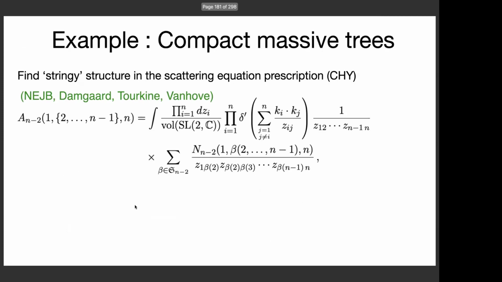An example of where we see this structure quite clearly is in these approaches that are close to string theory, like CHY, where we can generate Yang-Mills amplitudes in a very string-like manner. So we are here using the scattering equations and this auxiliary language to rewrite amplitudes in terms of contours. And what we get from this formalism are these numerator factors that we see here with the n minus 2, and we have fixed legs 1 and n in the end.